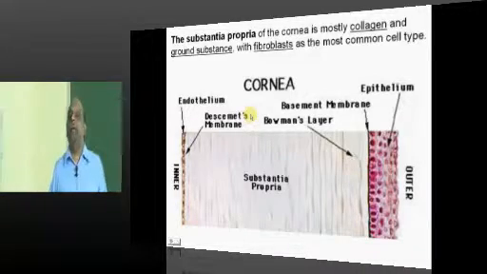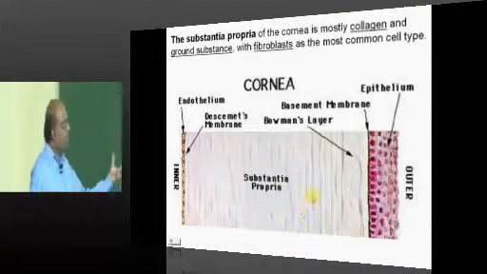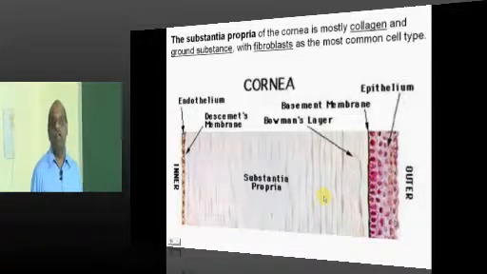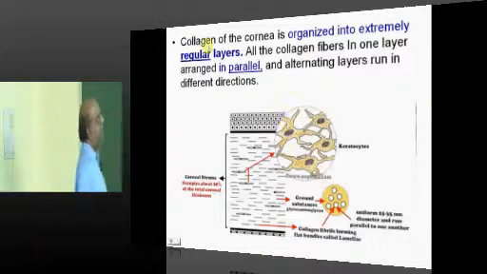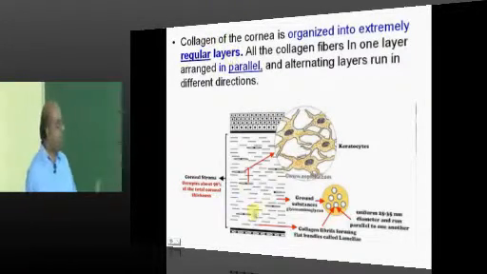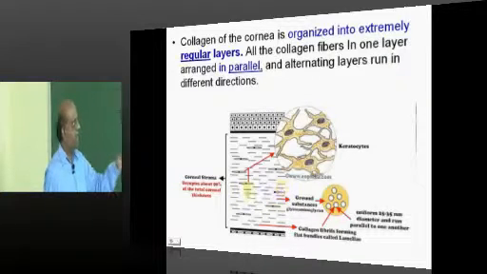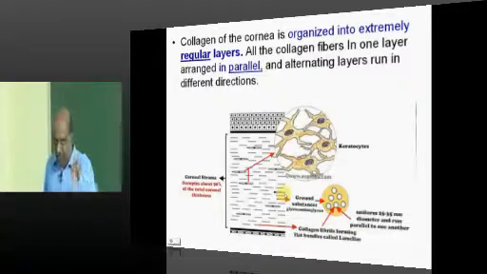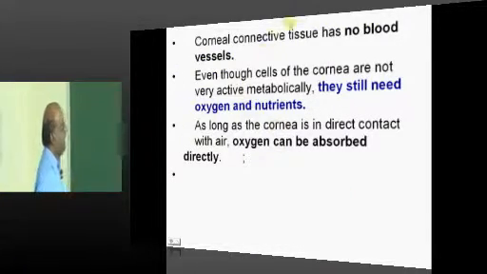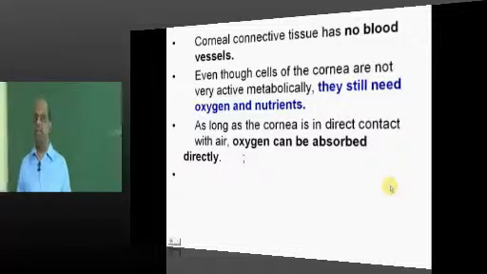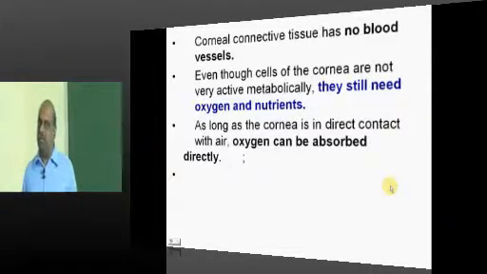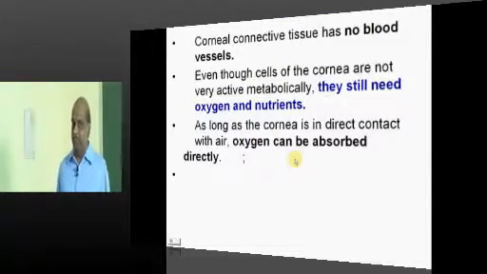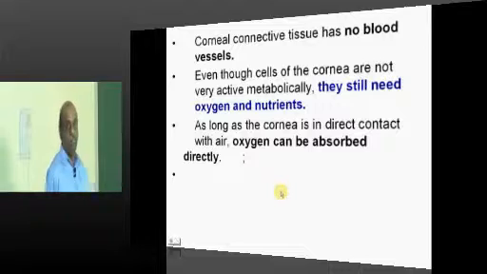What does substantia propria basically contain? It contains collagen, fibroblasts, and the ground substance, and fibroblasts are the very common type of the cell. And since these collagenous fibers are organized in a regular parallel way of alignment, that gives the transparency to the cornea is what you have to basically appreciate. As you already discussed, cornea and the lens, they are fundamentally avascular structures. Still they require oxygen to live, they require food to live. How do they get that?